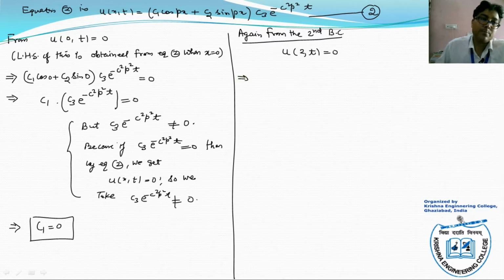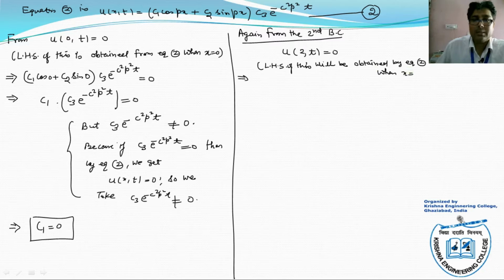Again, the LHS of this will be obtained by equation second when x is equal to 2. So, we put x is equal to 2 in the equation second. So, the value of u(2, t) becomes